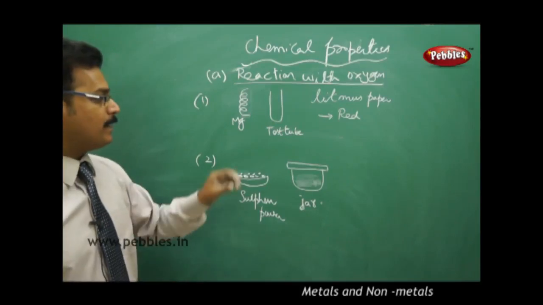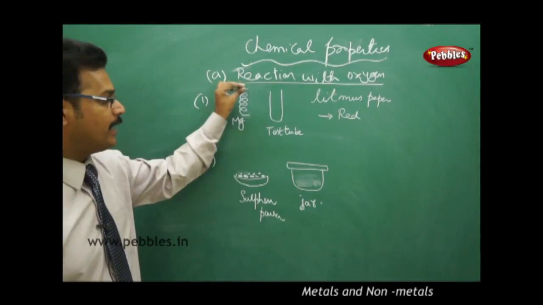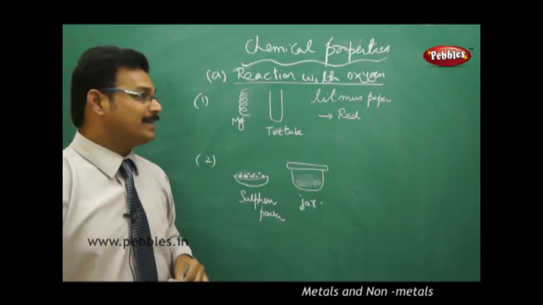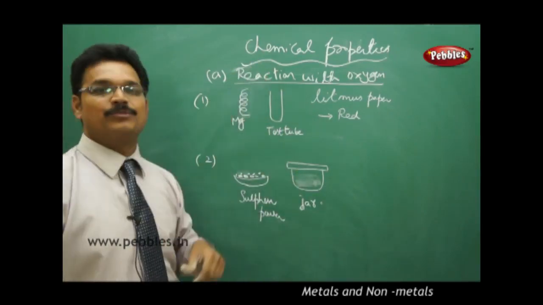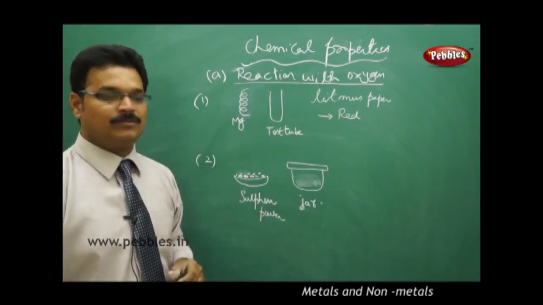So after adding the magnesium ribbon in the test tube and filling some distilled water in the glass tube, take the red litmus paper, put it inside the test tube and observe what happens. I'll come back to you. Now second,